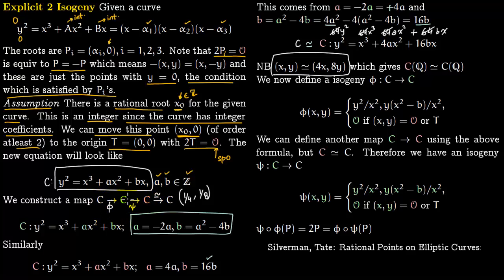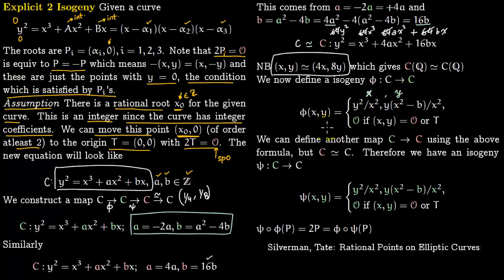So we can go from white curve to green curve, and from green curve we can apply this psi and go back to white curve. So this is red here, which is same as the white curve via this thing. So first isogeny is going from the white curve to the green curve. So you take points x, y on this curve and they will get mapped to y square by x square, then y times x square minus b over x square. So this is our rational map,